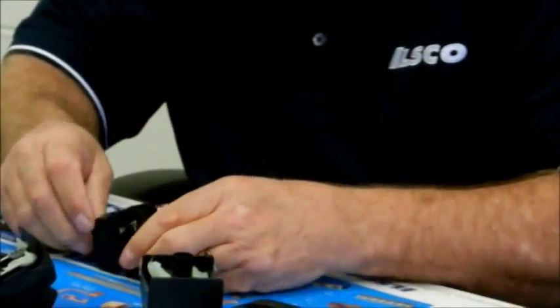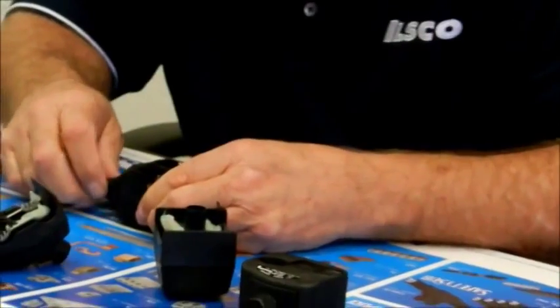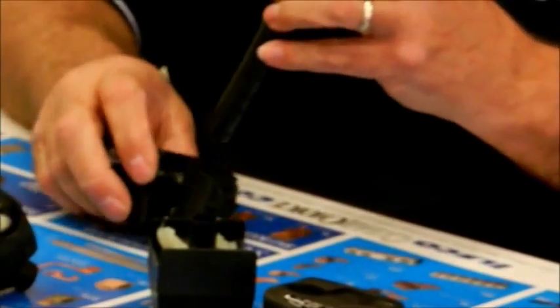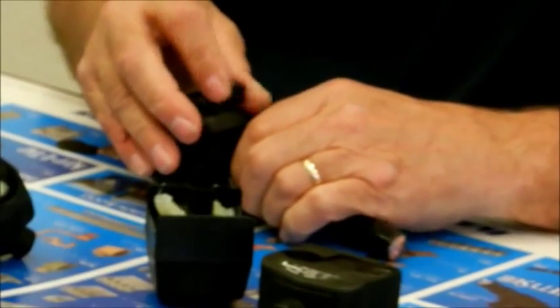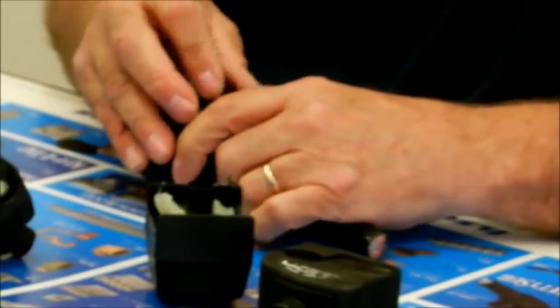loosely put this back together, which is in our instruction stuffer sheet, so you can see that. The 4-aught goes into the main, which is here, and slightly put that in, tighten the screw down so it's snug. And then on the tap wire,